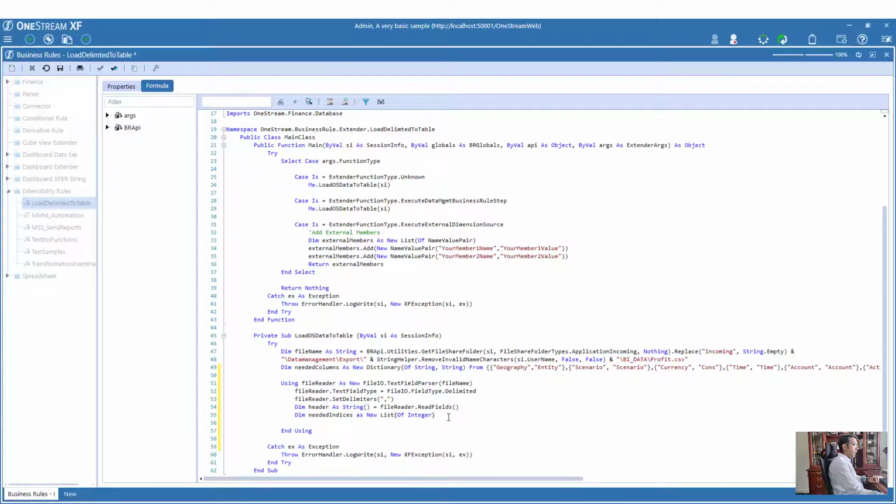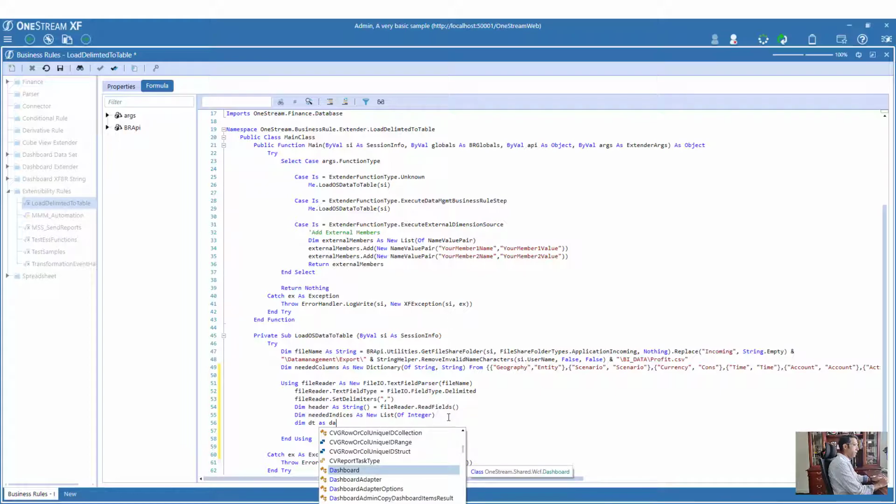Now we have that list created. What we now need is also a data table, because we are going to save the information that we get as a data table and then save that back into the external table. So we have a new data table, and then we need to loop through